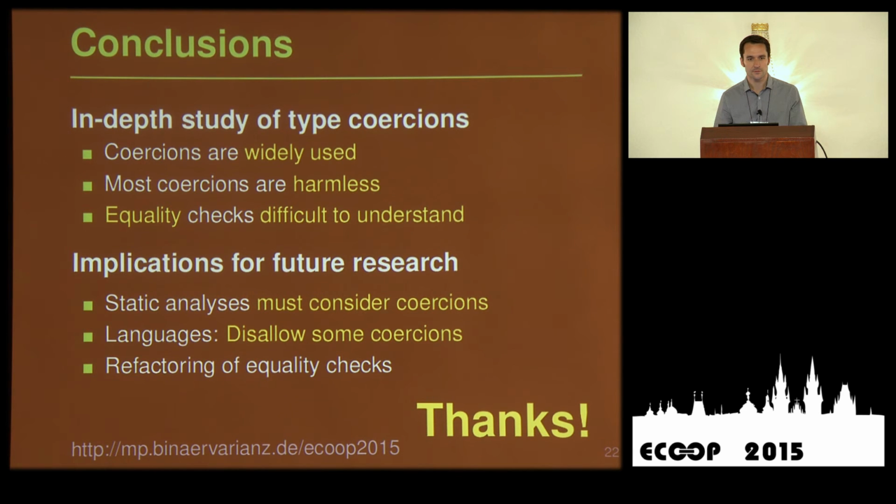Hi, so very good work. The classification you made for harmful coercions is very useful for type checkers for JavaScript, because they can try to ban these at compile time. One particular thing I did not quite agree with in your study, or maybe you have a different answer here, is that sometimes double equals, the non-strict equality, is better. For example, when you're comparing with null or undefined, that's a very common pattern. Let me just go back to the classification then.